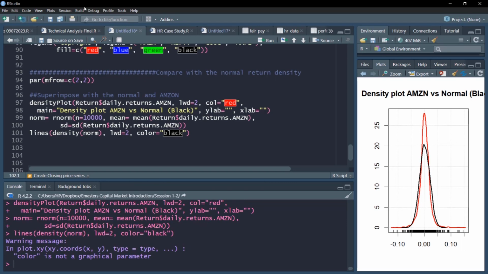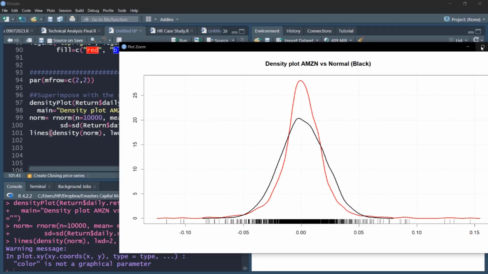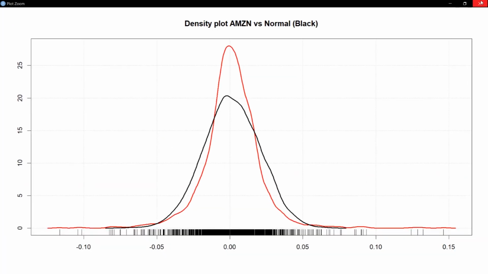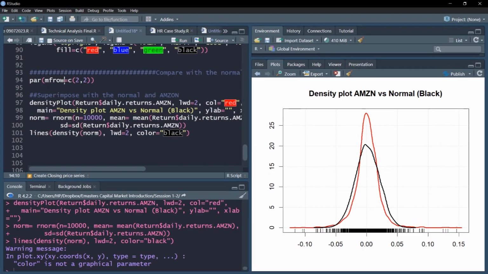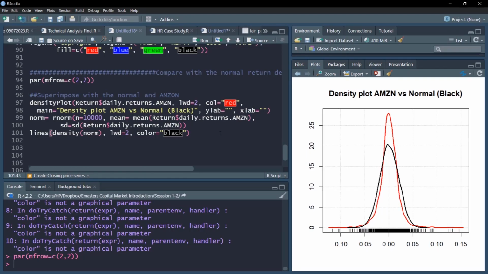So this would be an appropriate plot, and we can see here the graph is given to us here. We can zoom it, it will appear like this. Now please note I'm going to plot 4 plots, and so for that I need to have 4 plotting windows. So with this mfrow argument we have 4 plotting windows.